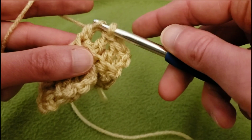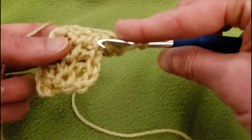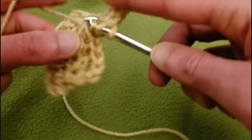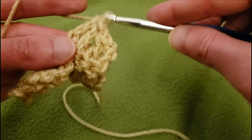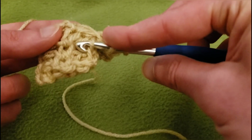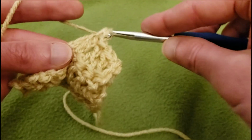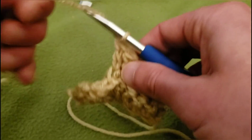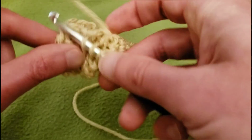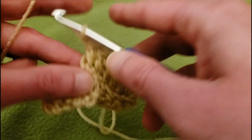So through 2, and I lost my yarn over, didn't I? Yes. Okay, through that loop and the loop down below, through 2, through 2, through 2, yarn over, into the next stitch, and the one below, through 2, through 2, through 2, yarn over, into the next stitch, and the one below, through 2, through 2, through 2, yarn over,